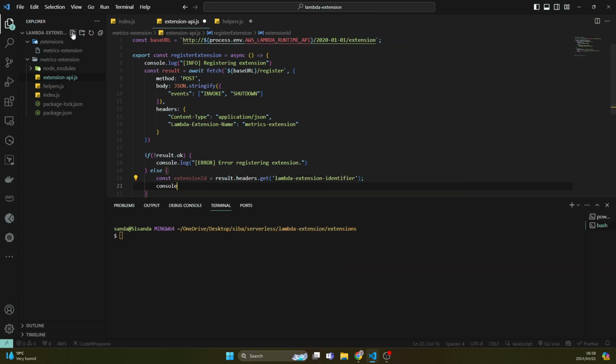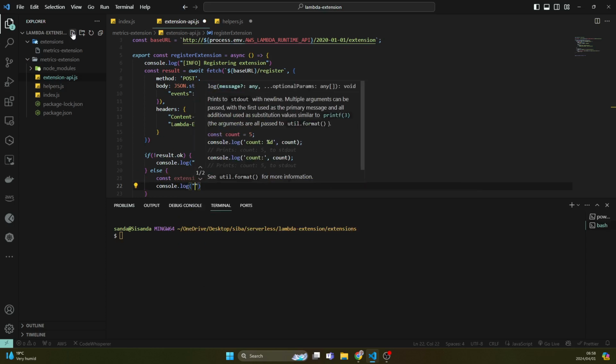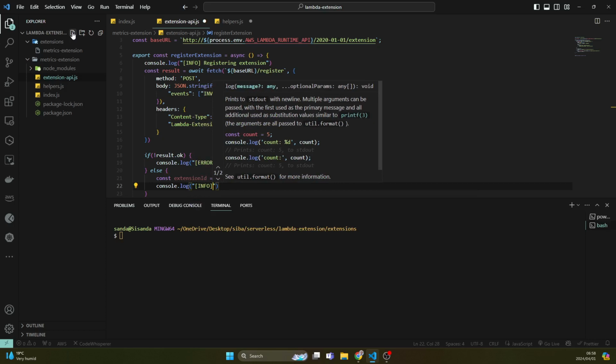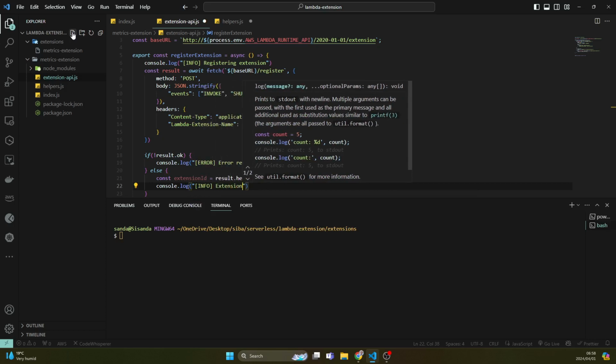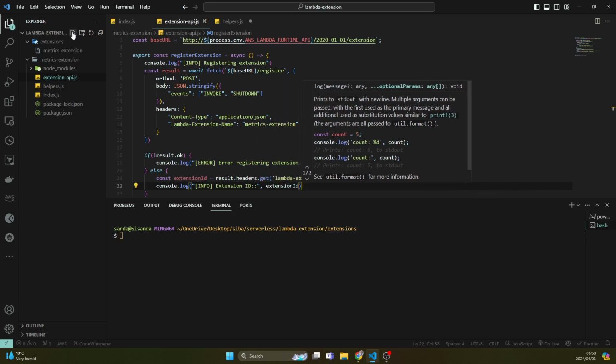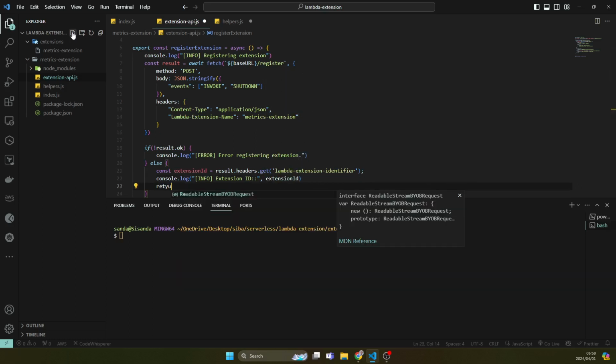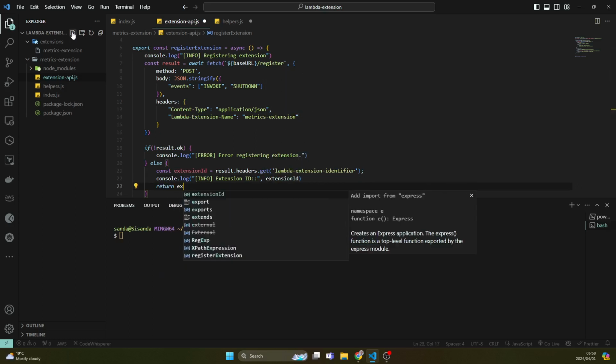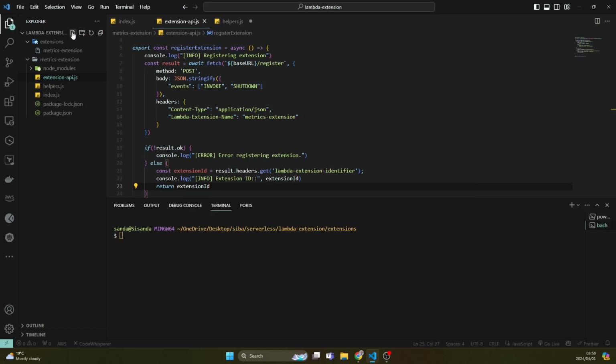And what I'm going to do is console.log and say info, extension ID, and then the extension itself. And then I'm going to return the extension ID, so that when we call the function in the index.js file, we're able to get the extension as a return value that we then pass to